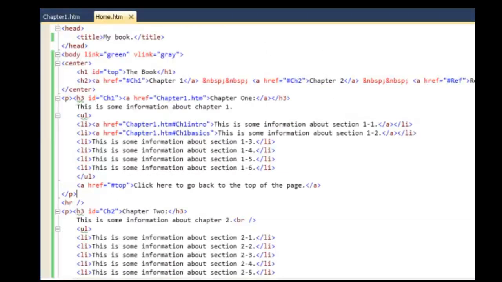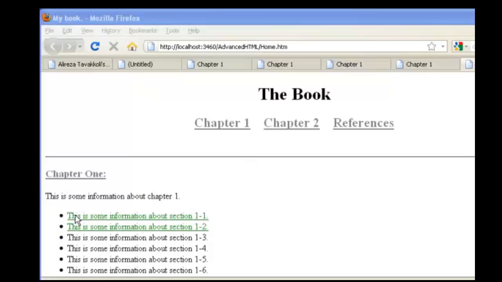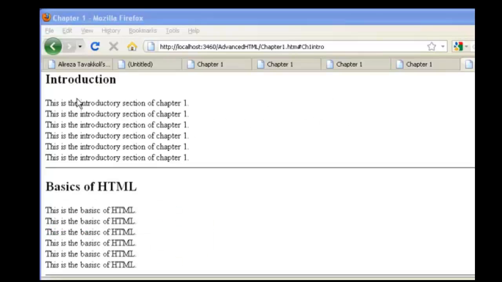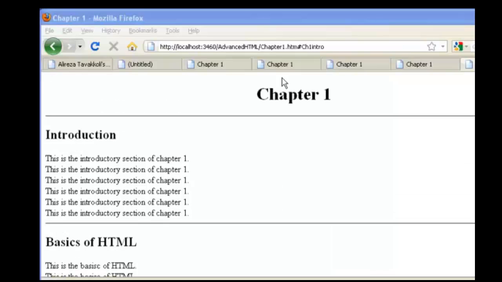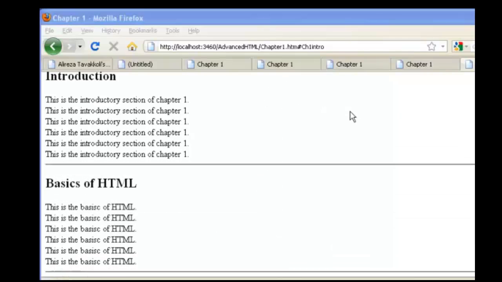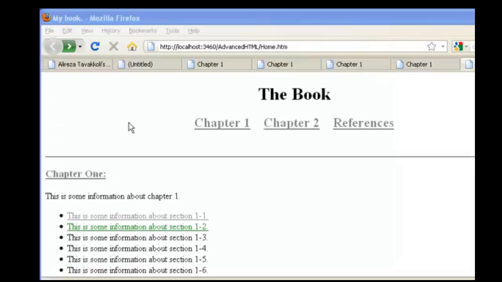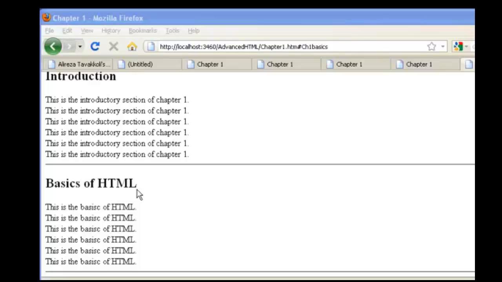I need to run it again, or I could click on this internal link that takes me to chapter 1, but not just to the beginning of chapter 1, but to ch1 intro section of chapter 1, which is the introduction section. And as you notice, it didn't take me all the way to the beginning of the page. It actually took me to the introduction section of the page. If I click on section 1.2, it would take me to the basics of HTML, but it already reached the end, and it just doesn't show me the